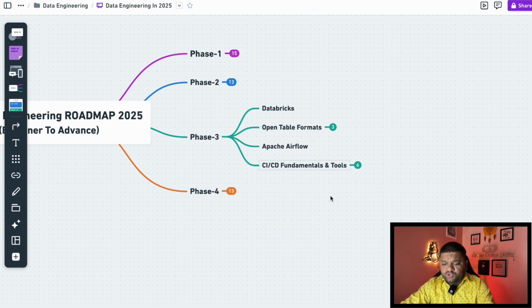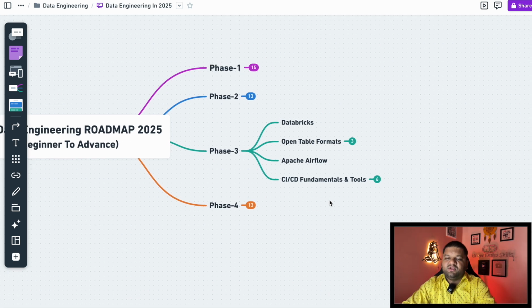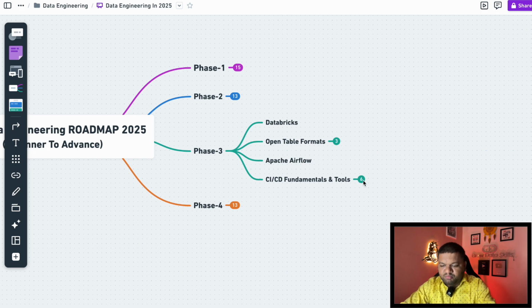Now, the thing which you can't ignore and to stand out among the 1,000 applicants for the data engineering profile is CI/CD, the continuous integration and deployment fundamentals, because building a pipeline is just one aspect. How to deploy it smoothly in production with proper testing plus different stage deployment, like from dev to staging environment, then to production, how that is going to be done smoothly. There your CI/CD fundamentals and frameworks will come into the picture. So make sure to do that.